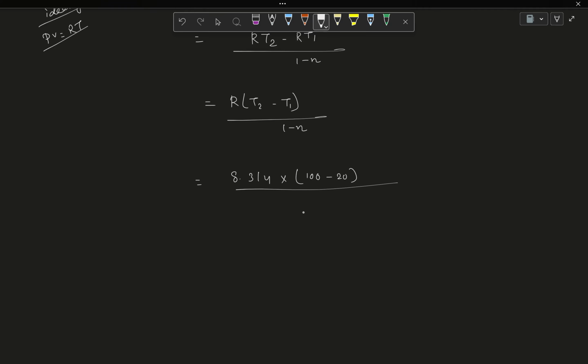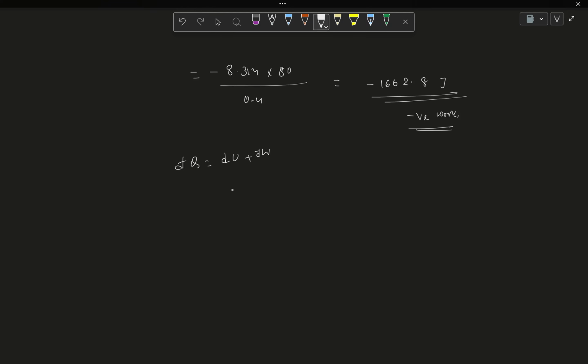The work done should be negative here because this is the work done on the system, because this is the logic that we use in the first law of thermodynamics, that dq equals du plus dw. Now if this is an adiabatic process,